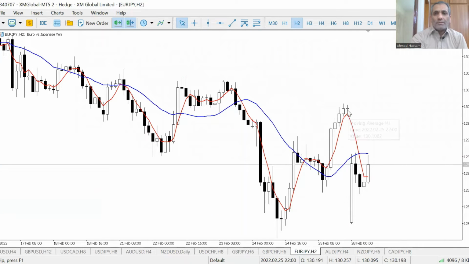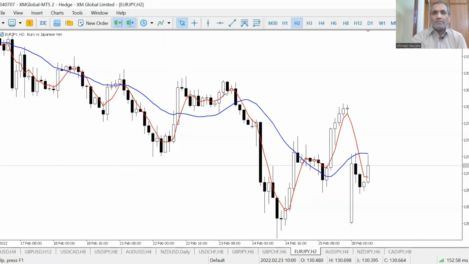See, today's Monday, a huge gap, roughly like 200 pips gap. This market opened over the weekend. There were huge developments in the Russian-Ukrainian war. The Russian army, as you know, has invaded Ukraine, and fighting is going on, and Ukrainian army is giving tough resistance. So last week was very tumultuous for the financial markets.